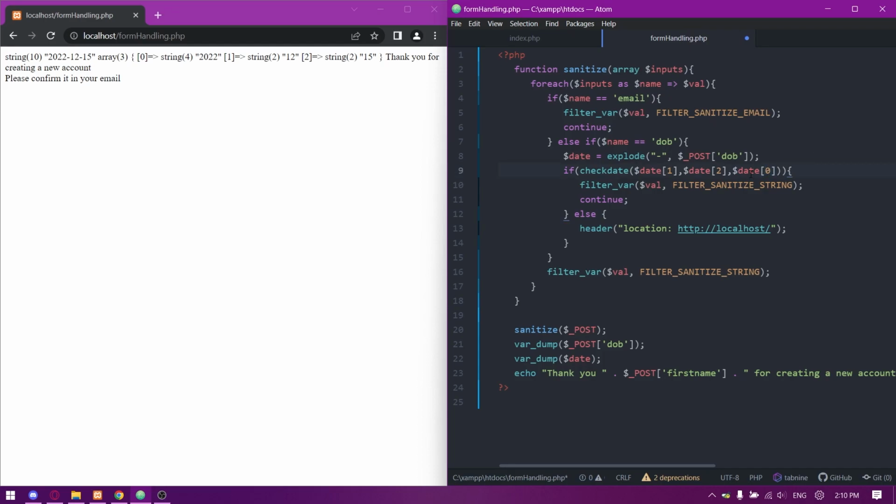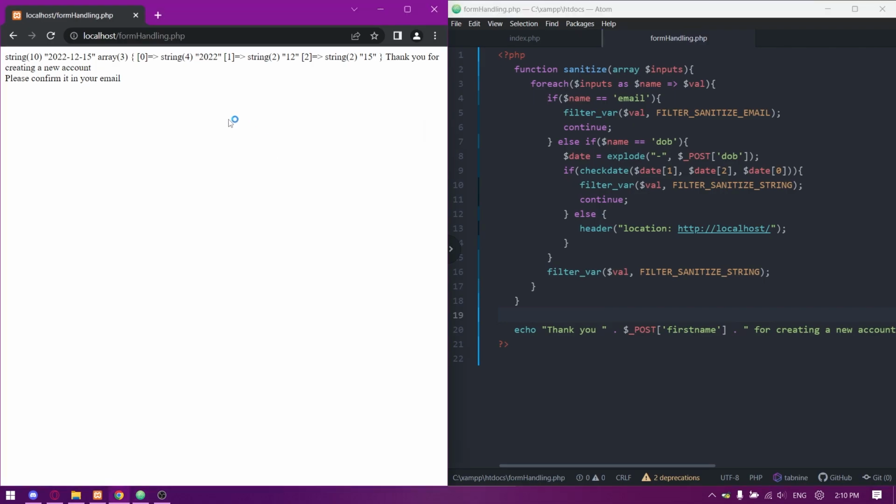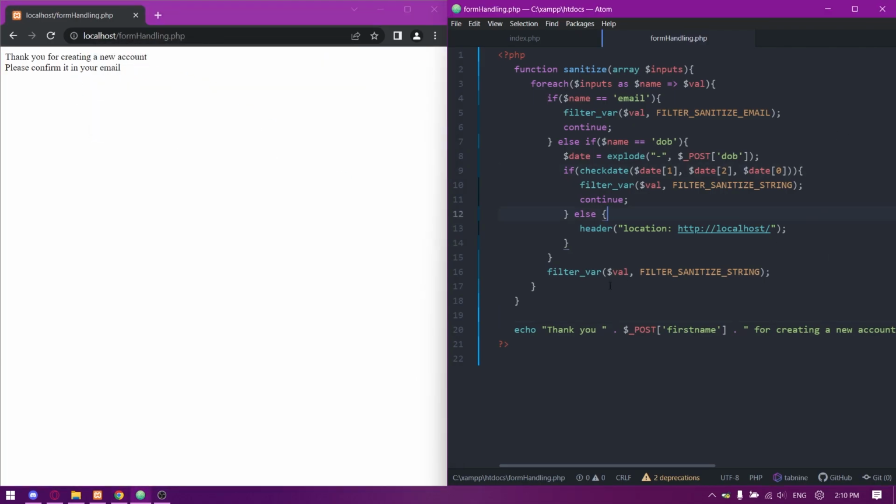Here we go. So we've taken the string, used the explode to change it into array, and then we're able to pass the array as multiple values, multiple inputs into the check date. So now the check date function should be working. So if we refresh, there we go, we no longer have any errors. So we've successfully sanitized